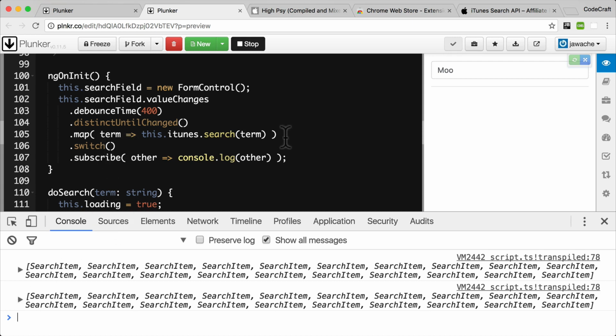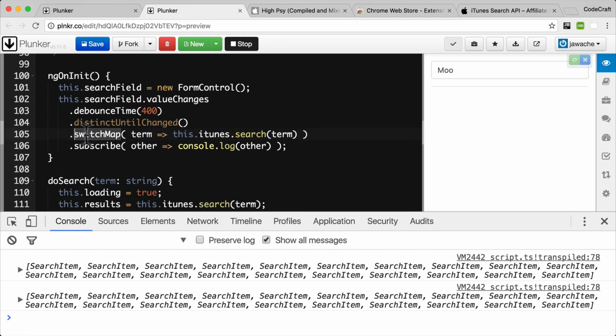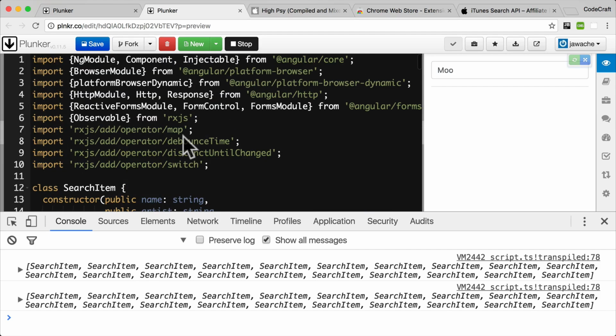Okay, so using switch with map is such a common occurrence that there is a combined operator called switch map, which we can just use like this. And again, we just need to make sure we include switch map in our list of operators. So now if we go back into our code,